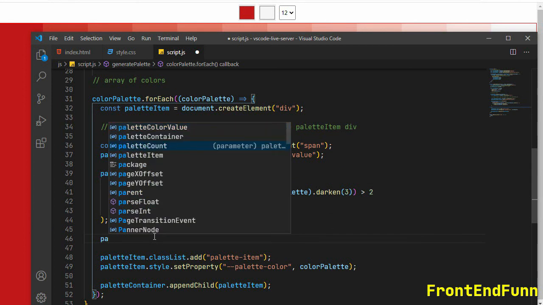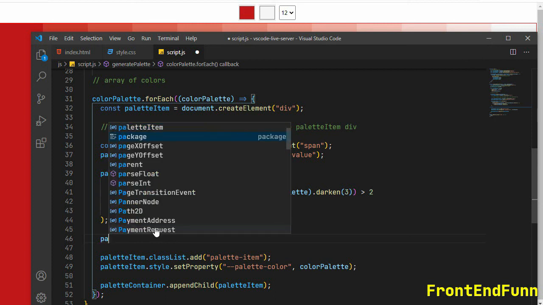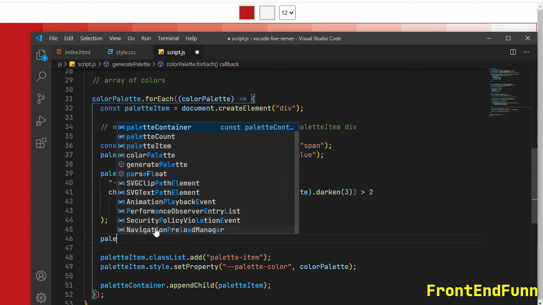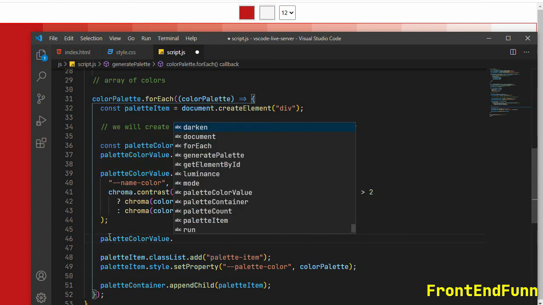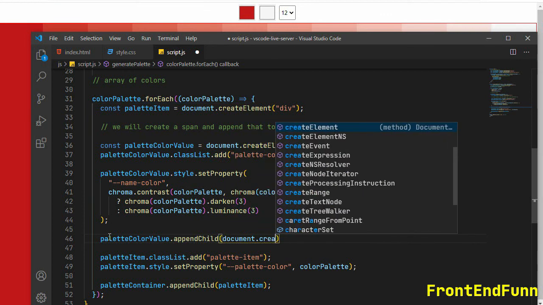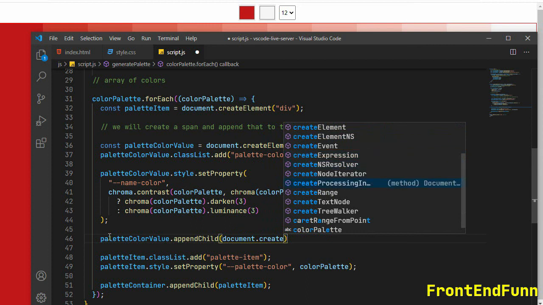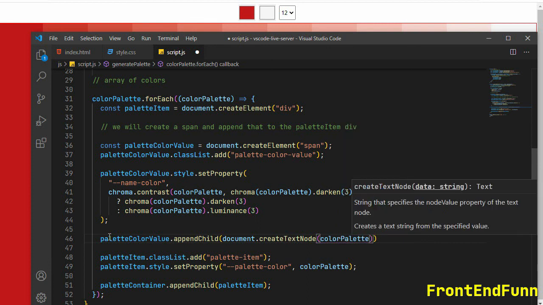So first let's create a text node which holds the hex value. So palette color value dot append child document dot create text node which holds the color palette.